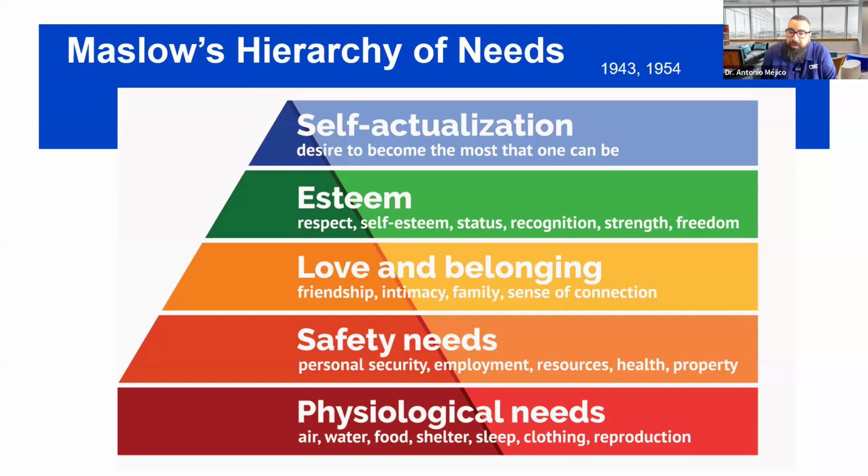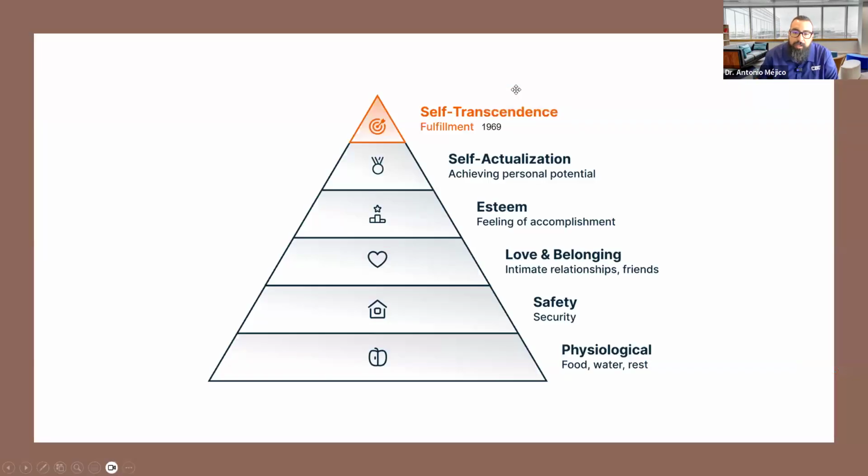That humanistic theory, right? And it's interesting that later on in his career, Maslow actually said, after all of these things I understand here, right? There was one more level that exists in my research that I didn't realize was there before. Let me share that with you. In 1969, Maslow added one more level above self-actualization, and that was self-transcendence.